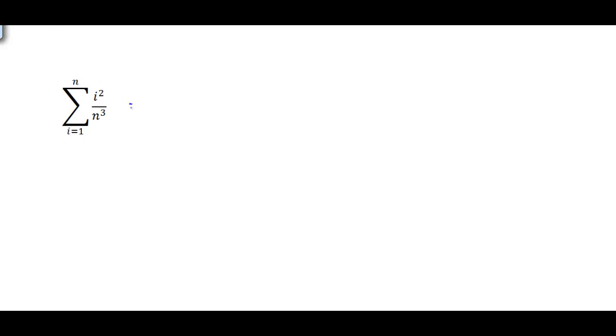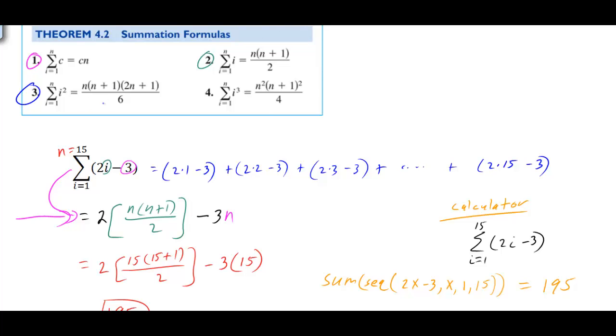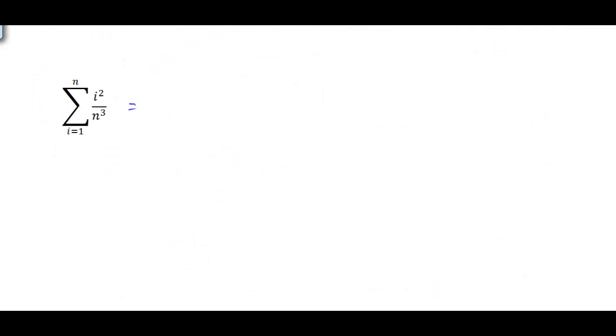Well, if we look above, we have an i squared. So do we have an i squared? Well, the formula up here for the i squared is n times n plus 1 times 2n plus 1 all over 6. So we're going to use that as a substitution for the i squared. So in place of i squared,